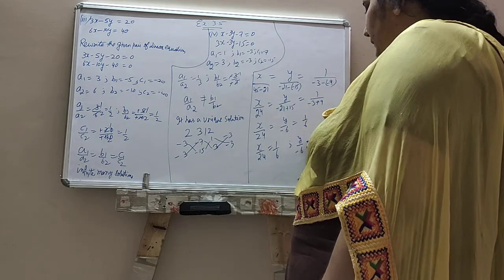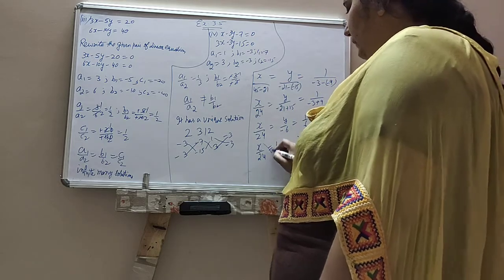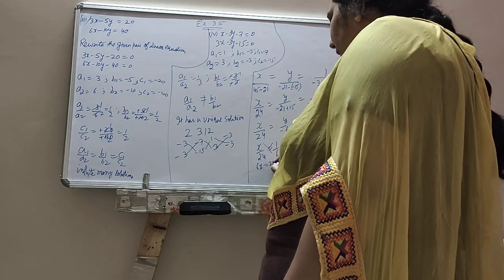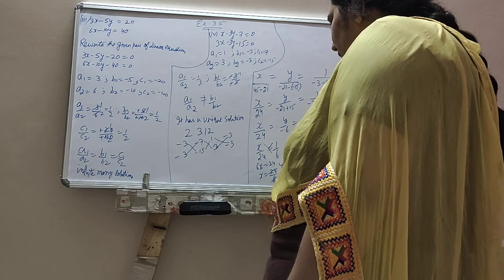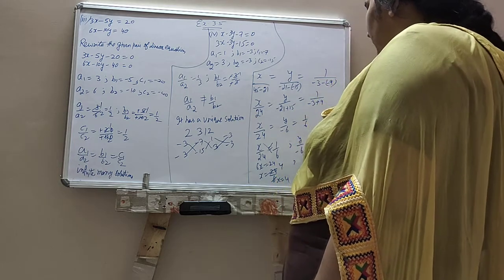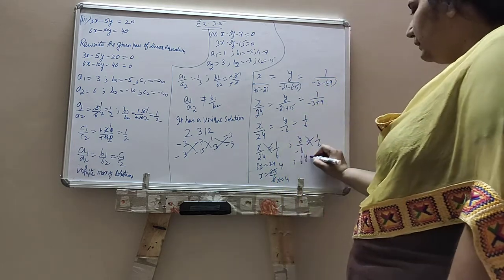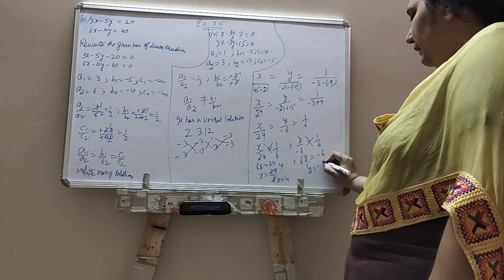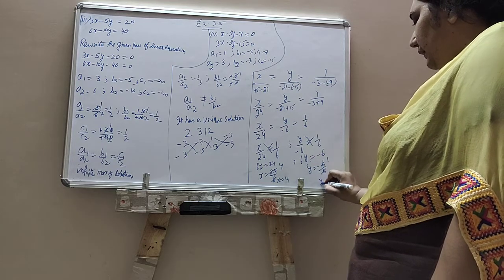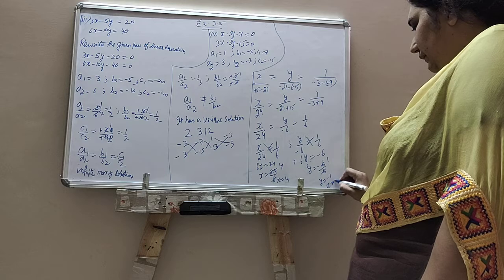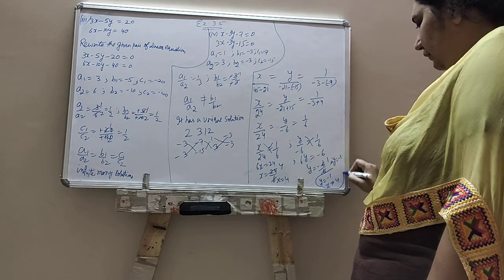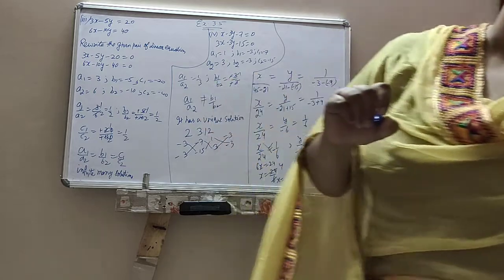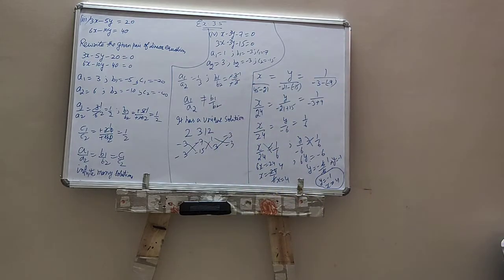So x by 24 equals to 1/6. Y by -6, 1/6. Cross multiplication: 6x equals 24, x equals 24/6, x equals to 4. Y cross multiplication: 6y equals minus 6, y equals minus 6/6, y is equal to -1. X equals to 4. So this is our solution. Note it. After then we will start our question second.